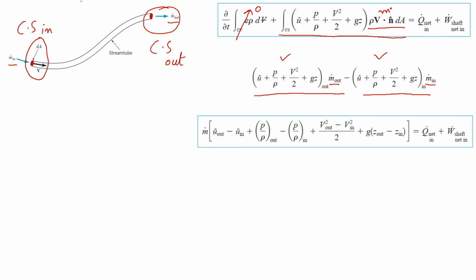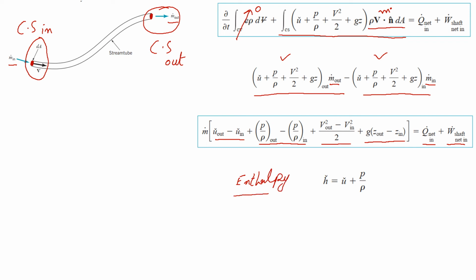Now if we write it in terms of net flow, that is the net flow of internal energy, the net flow of pressure, the net flow of velocity, and the net potential energy, this is equated to the rate of heat transfer plus the rate of work transfer on the shaft. So we can simplify it a bit more by combining these terms, that is the specific enthalpy here. This is called enthalpy,